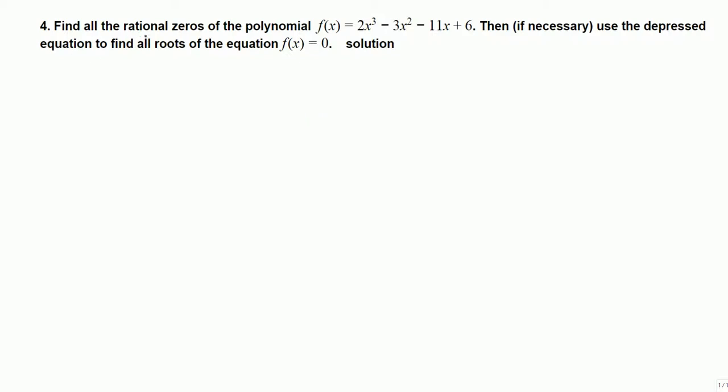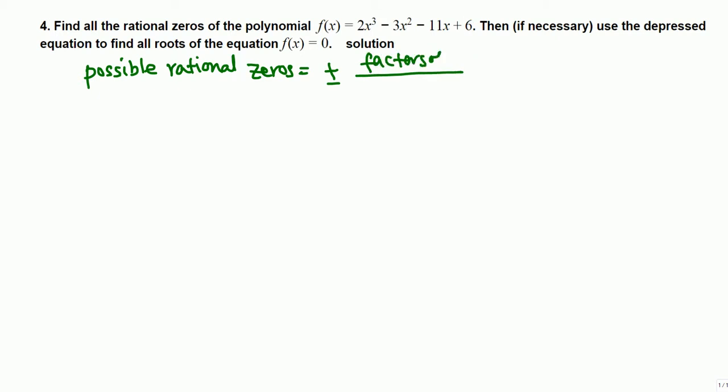Find all the rational zeros of this polynomial. Okay, so first we write down the possible rational zeros. So the list of possible rational zeros is plus or minus factors of the constant term, so factors of 6, divided by factors of 2,